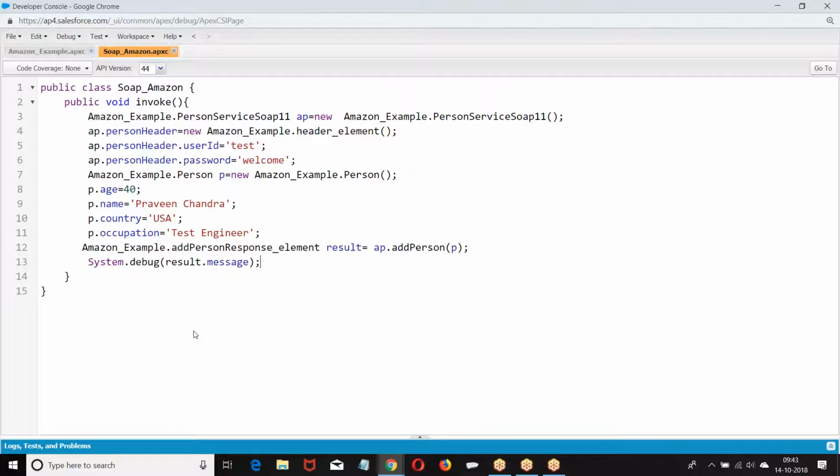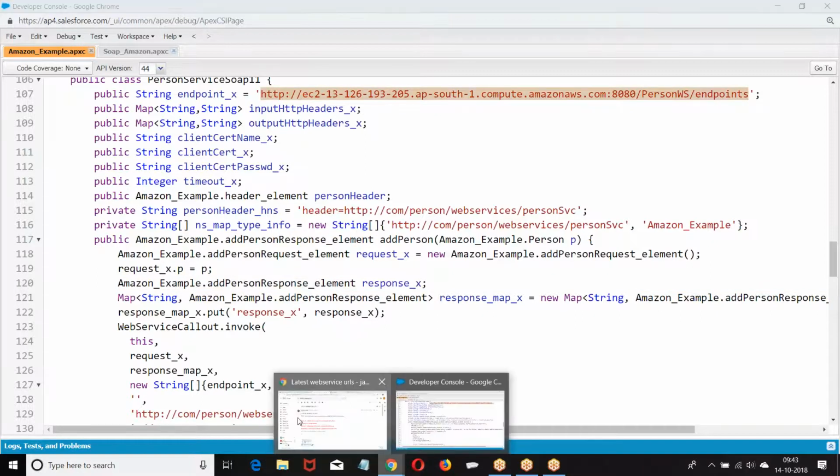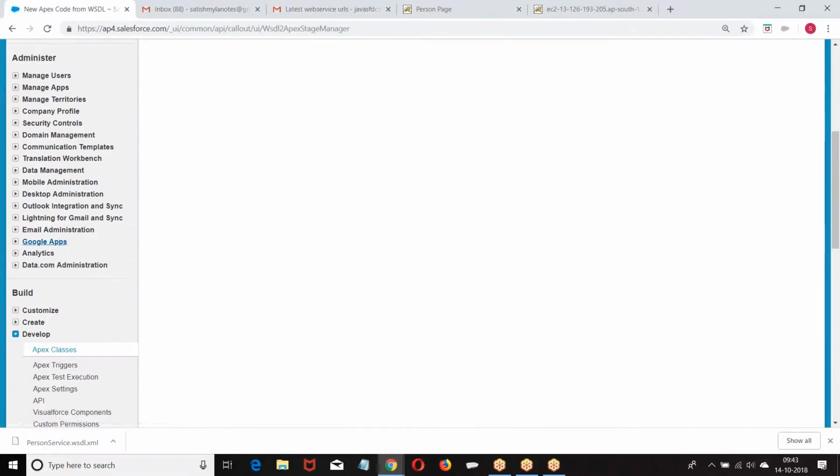First look at the example, I'll explain one more time. Now what is the primary point? Any third party system you want to communicate with should be registered with the remote site.